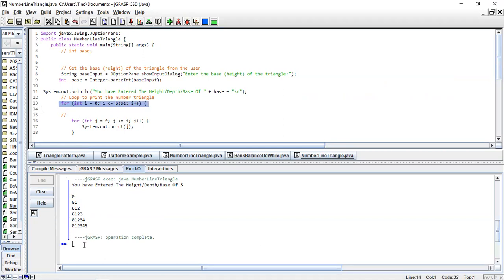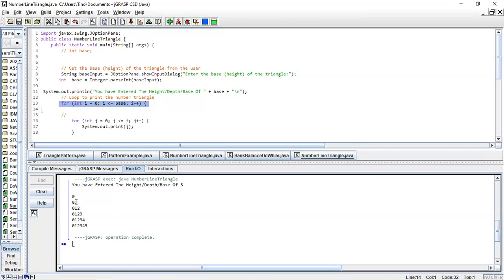It goes to the next line. However, this part now, j less than or equal to i, is therefore what? 1. It prints 1. Then we go back here. It prints what? This line. But here, it now goes to print 2. We go back here to the outer loop. It increments up until it prints all those rows until we come up with that.